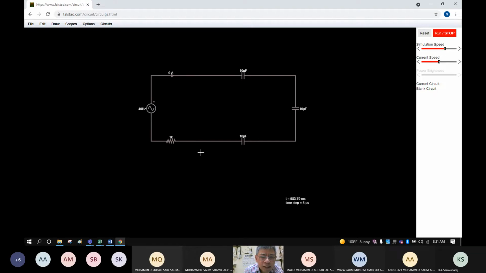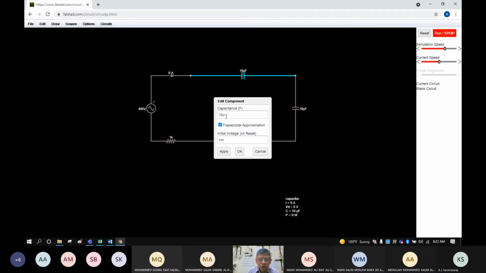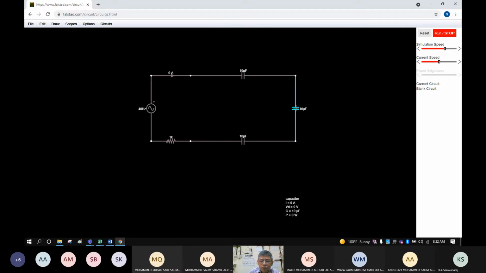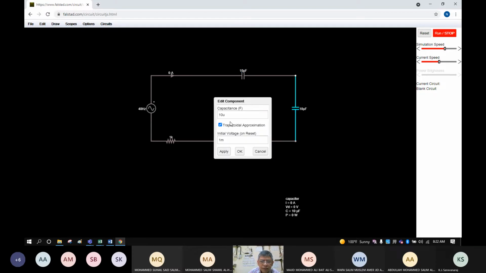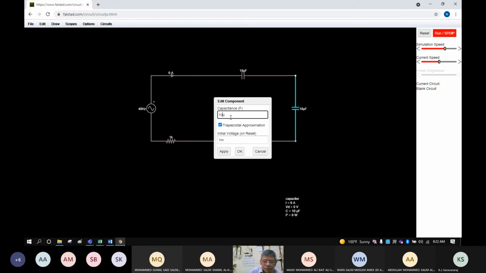Next procedure is to change the values. What is the given value? 10 microfarad. So right click, 10 microfarad is given, but we need to change the voltage to 0. Then click OK. Then here, what is given, edit, is 22 microfarad, and we will make this 0 voltage.